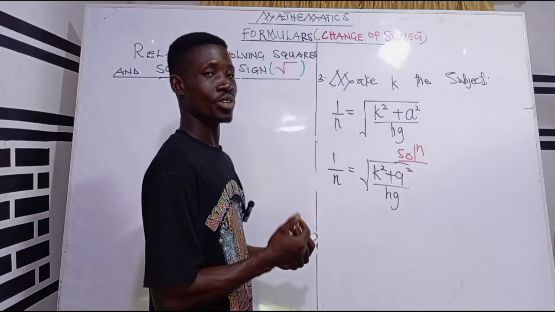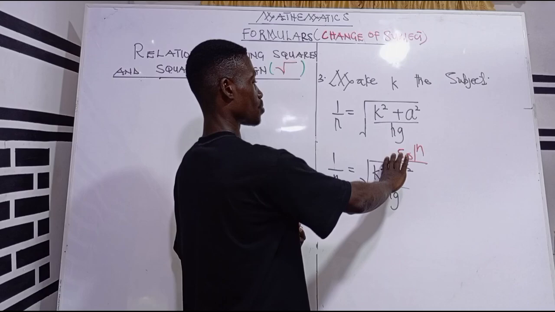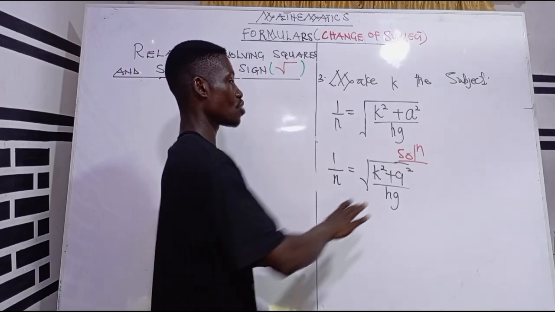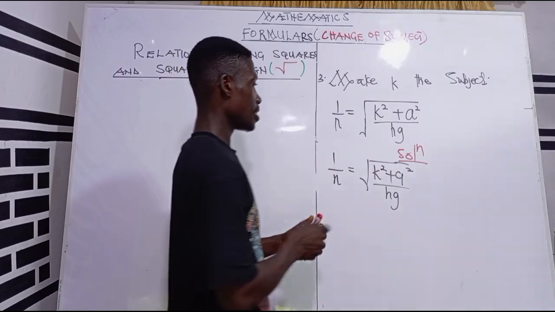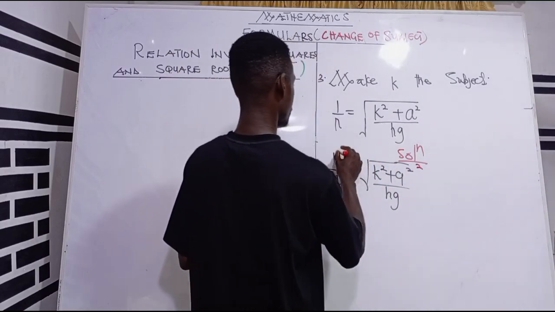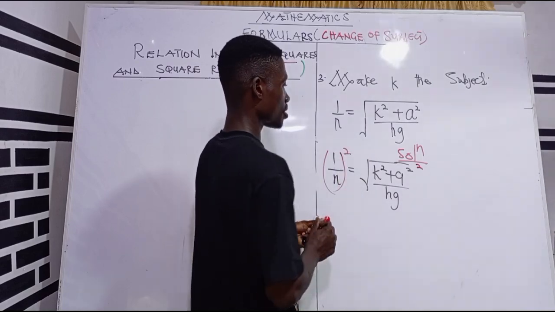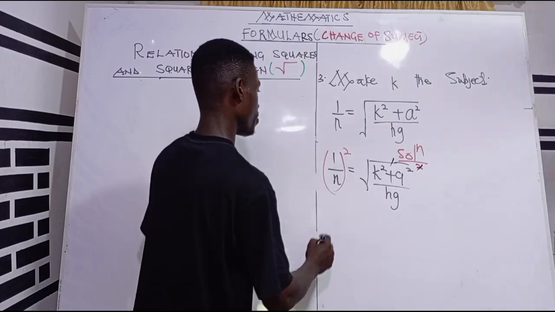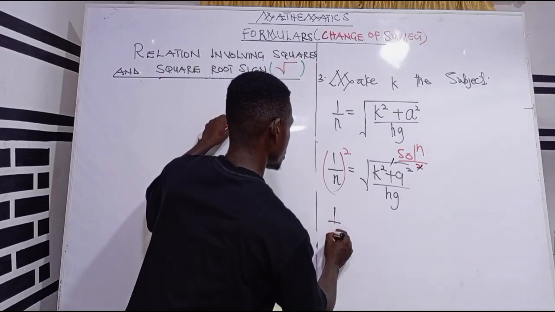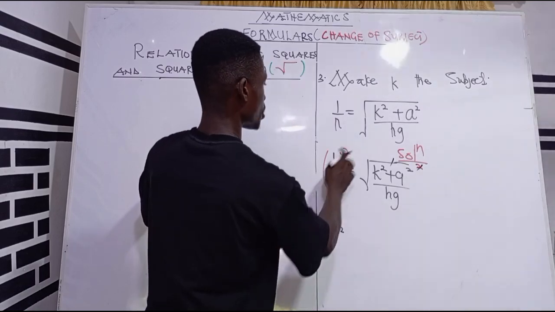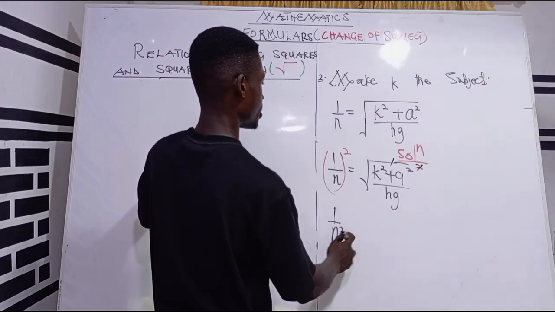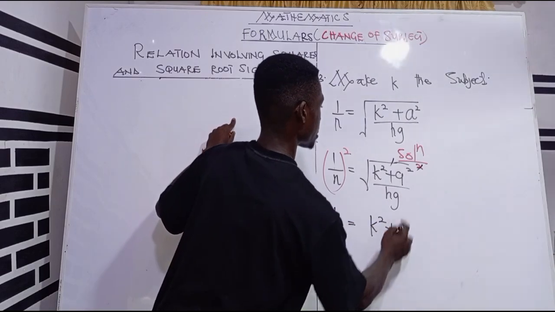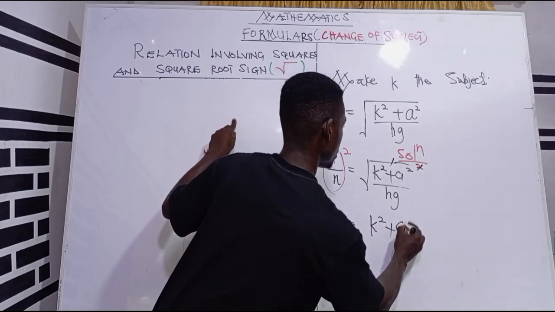So the first thing we have to do is to do away with the root sign. We are going to square both sides of the equation, so that this square will cancel this root sign. So that we are left with 1 over n squared. 1 times 1 squared is 1, n squared is what? n squared. Then we are left with k squared plus a squared